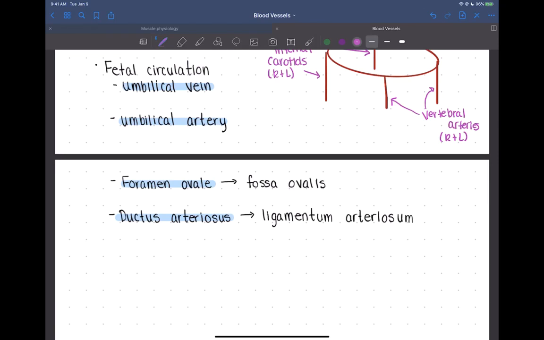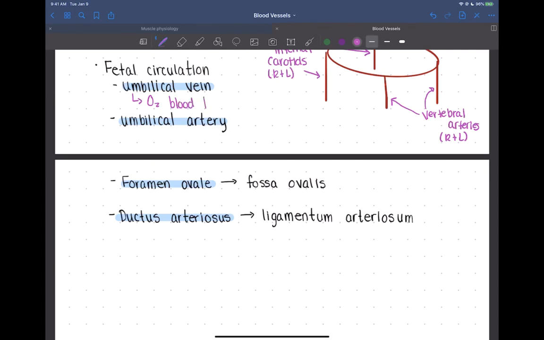So first of all, in the umbilical cord, you have an umbilical vein, all right? And so this is another example of a vein that is going to be red because it has oxygenated blood, and an artery that is going to be blue because it has deoxygenated blood. So the umbilical vein is going to contain oxygenated blood,